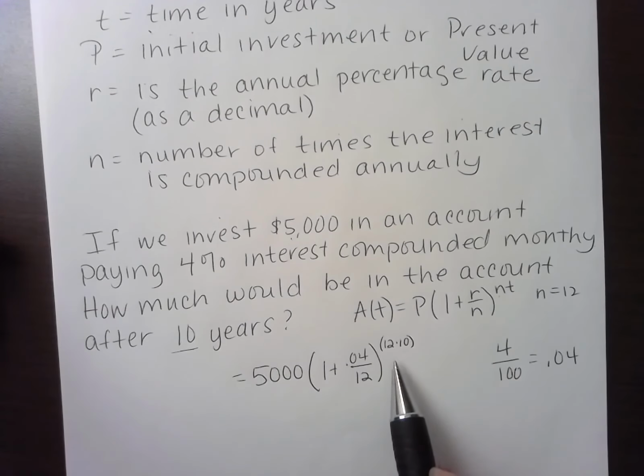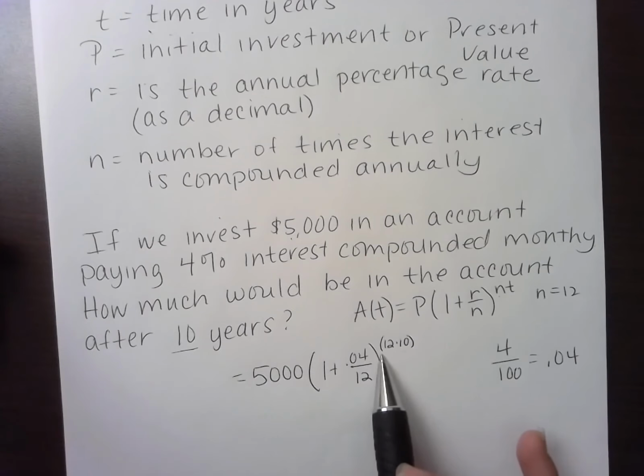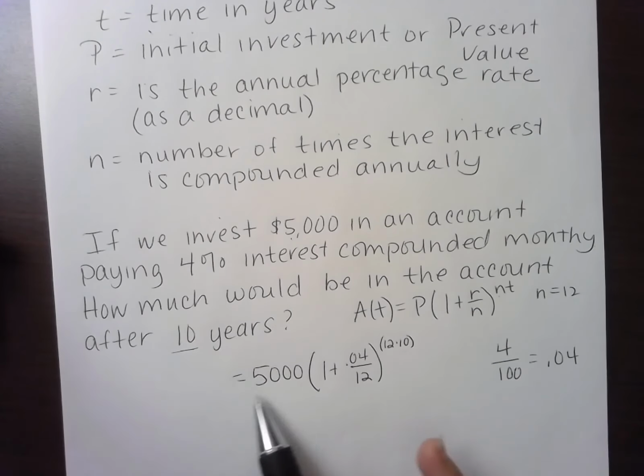So this exponent should be in parentheses when you put it in your calculator, or just do the calculation and just raise it to that power. So I would put in 1 plus 0.04 over 12, right? Hit enter if I was in the small calculator, raise that to the 120th power, and then multiply that by 5,000. When you do, you should get